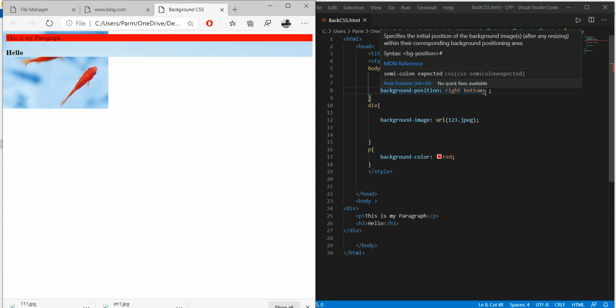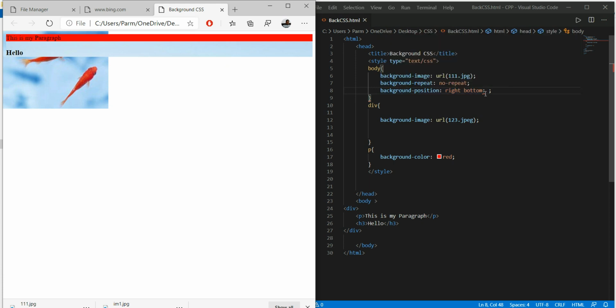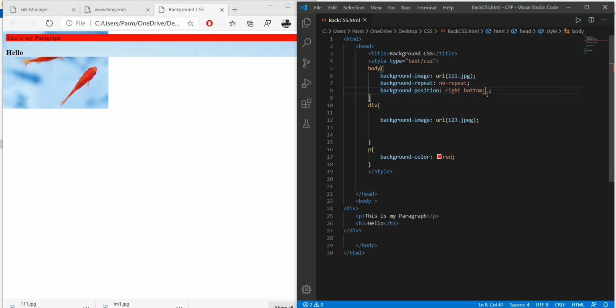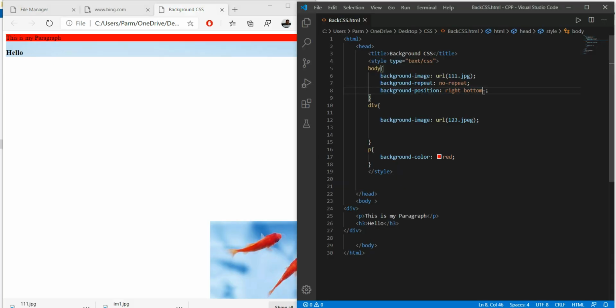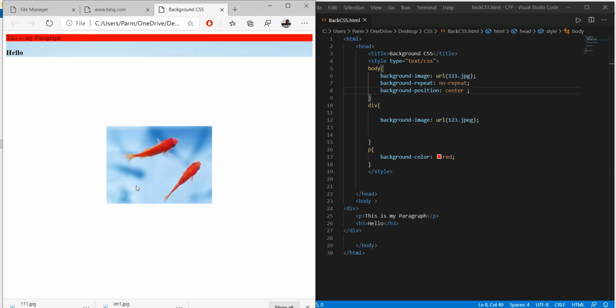Here is some mistake with this, so this will go to the right bottom over here. Now this time if I make it center, save this, it goes to the center of the body.